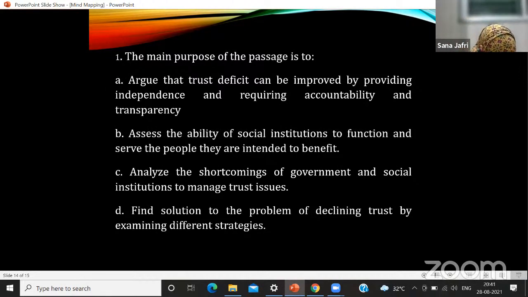All right. Yeah. B, assess the ability of social institutions to function and serve the people they are intended to benefit. Seriously, I thought this passage was about trust deficit. This was about declining trust in the people. It's not even talking about that. And is my entire passage about it. And are we assessing the ability? Are we evaluating the ability? We already know that there isn't enough of ability in the social institutions. Social institutions are already failing to do their job. That is taken,